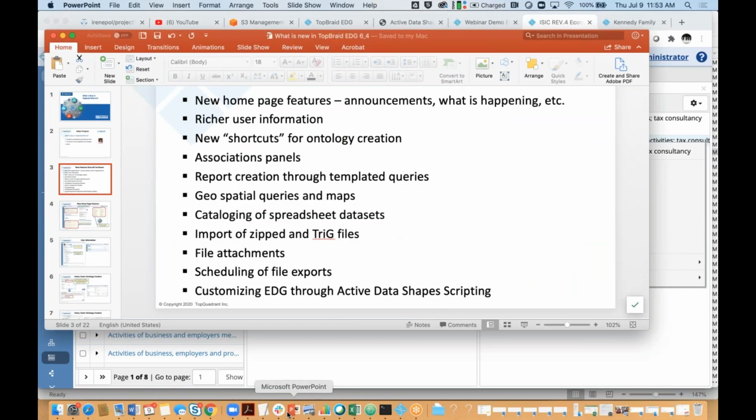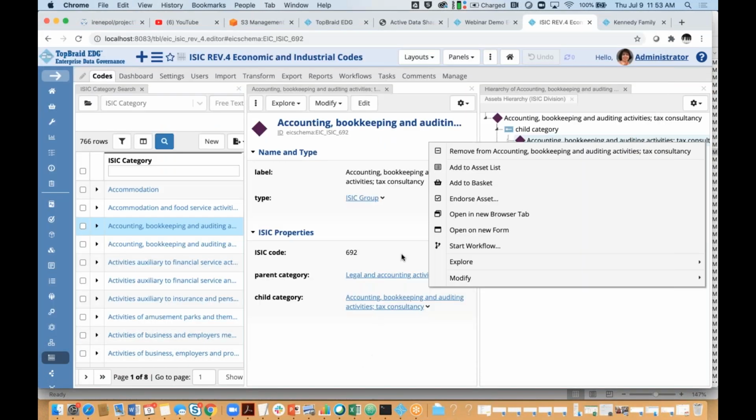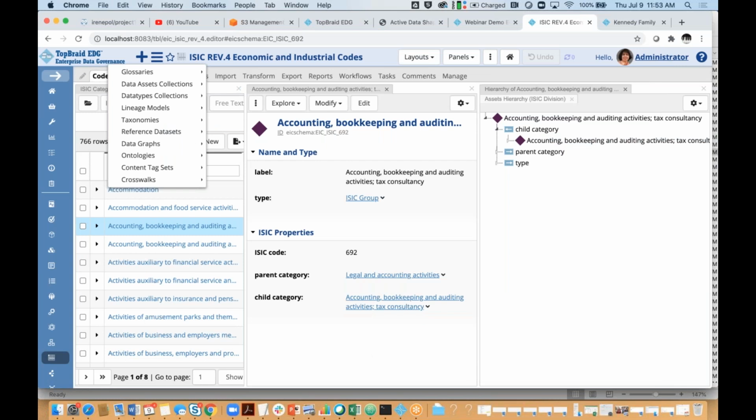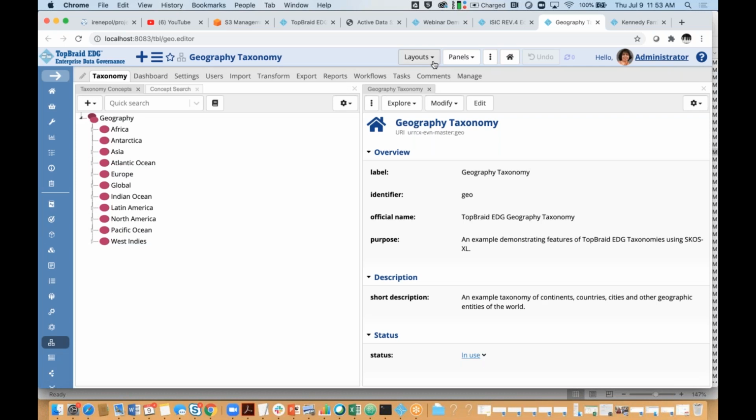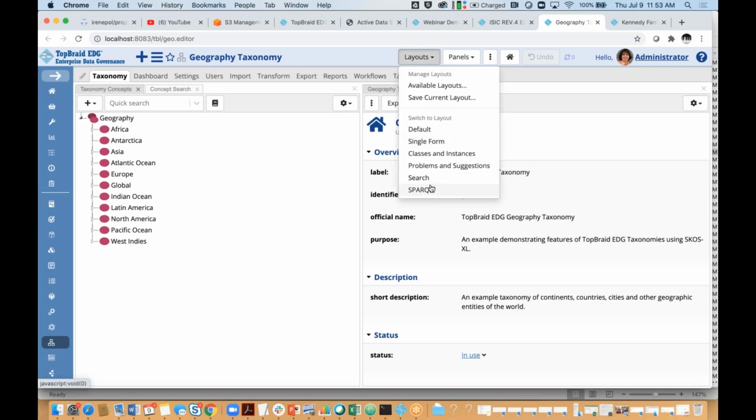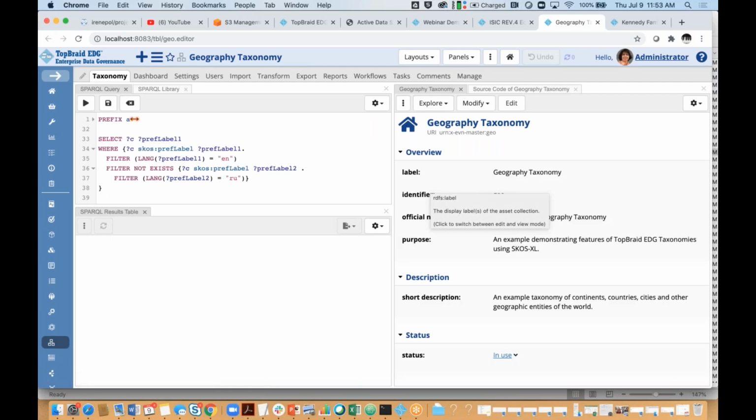All right, the next feature I am going to talk about is templated queries. That's a very important and interesting feature as well. And to do that, I will go to the geography taxonomy as an example. And I'm going to switch to the Sparkle view, because these templated queries are basically Sparkle queries that can now be saved as reports. You see, I already have a query here, and what this query does, it looks for